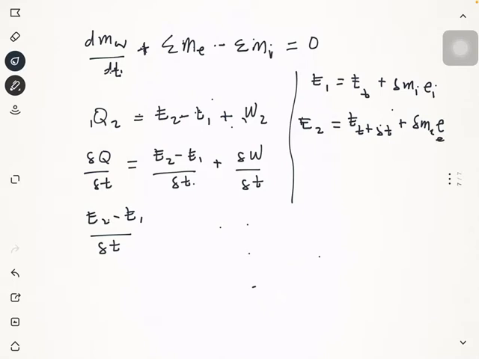So we substitute these in this equation. We have that E2 minus E1, where E2 is E_t plus the differential of t, minus E_t,